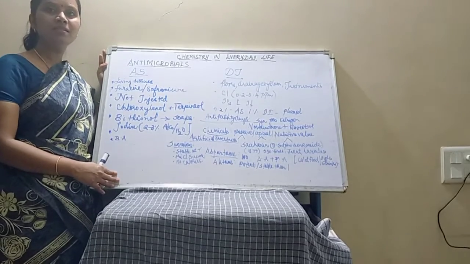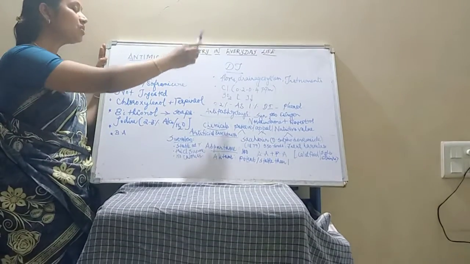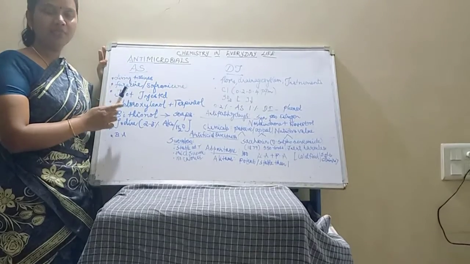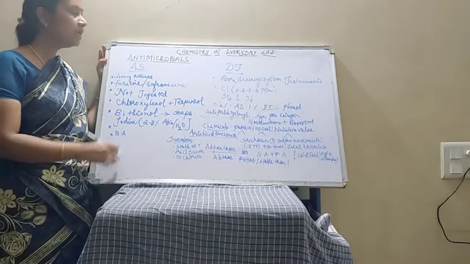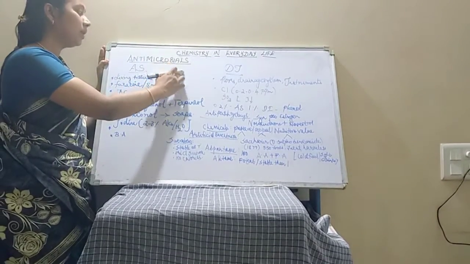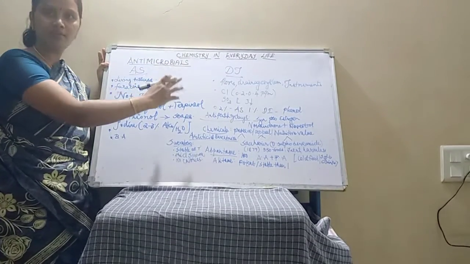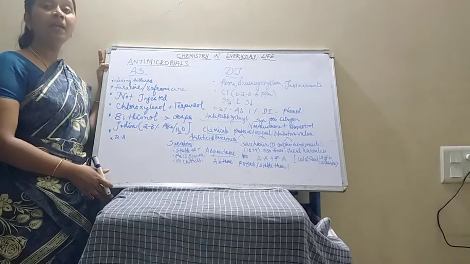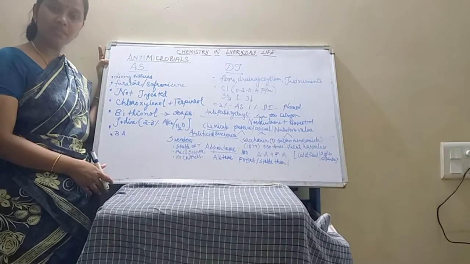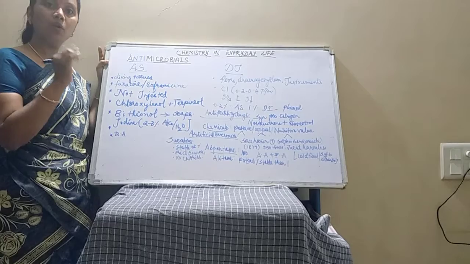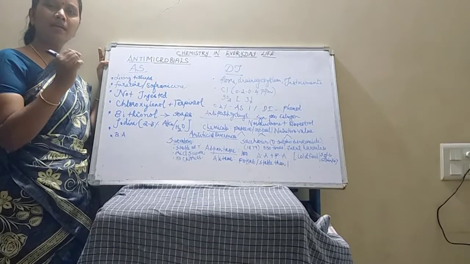Good morning, students. The next topic under chemistry in everyday life is antiseptics. We have seen a lot of subtopics. Under the topic antimicrobials, we are going to see the last subtopic, that is antiseptics and disinfectants. What are antiseptics? Antiseptics are nothing but chemical substances which can be applied on the surfaces of wound, cut, minor